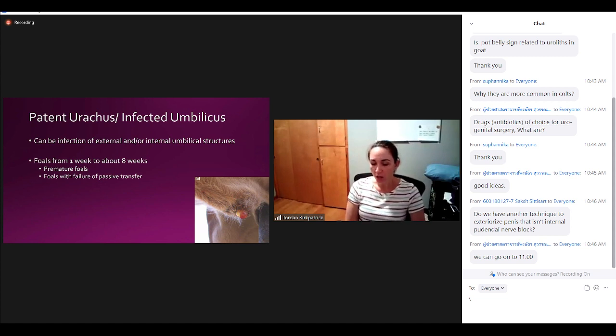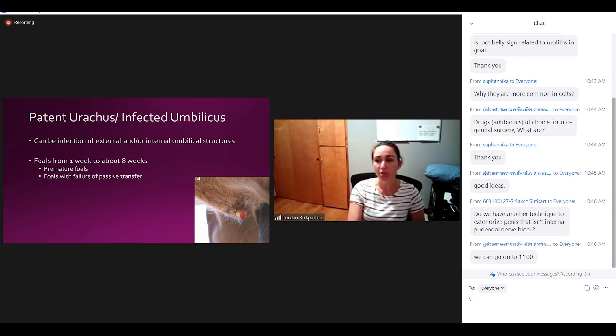You just have to be careful with that because ruminants are much more sensitive to xylazine than horses. If we're talking about horses and trying to exteriorize their penis, they tend to exteriorize it with just sedation. So giving them xylazine or acepromazine, that kind of anti-anxiety medication I was talking about earlier, that can